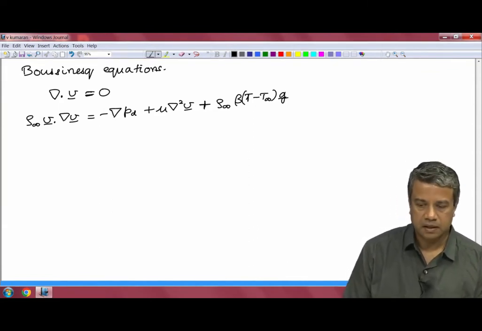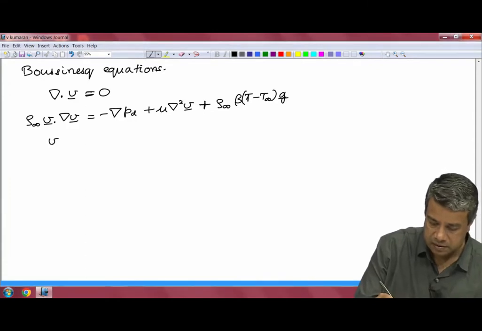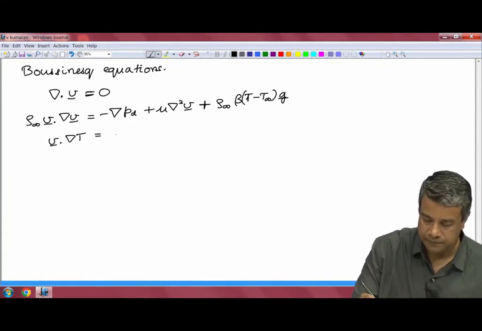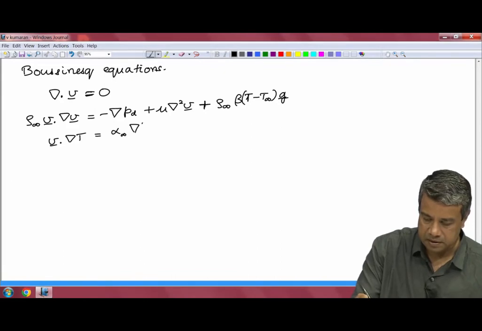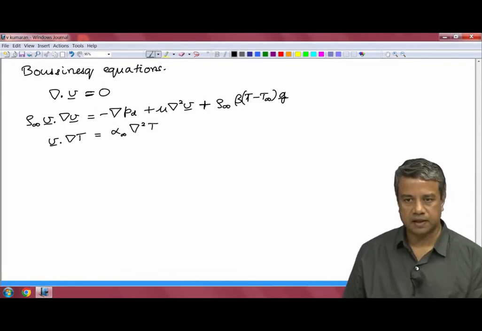And the thermal conductivity equation is V dot grad T is equal to the thermal diffusivity far from the object times del square T,